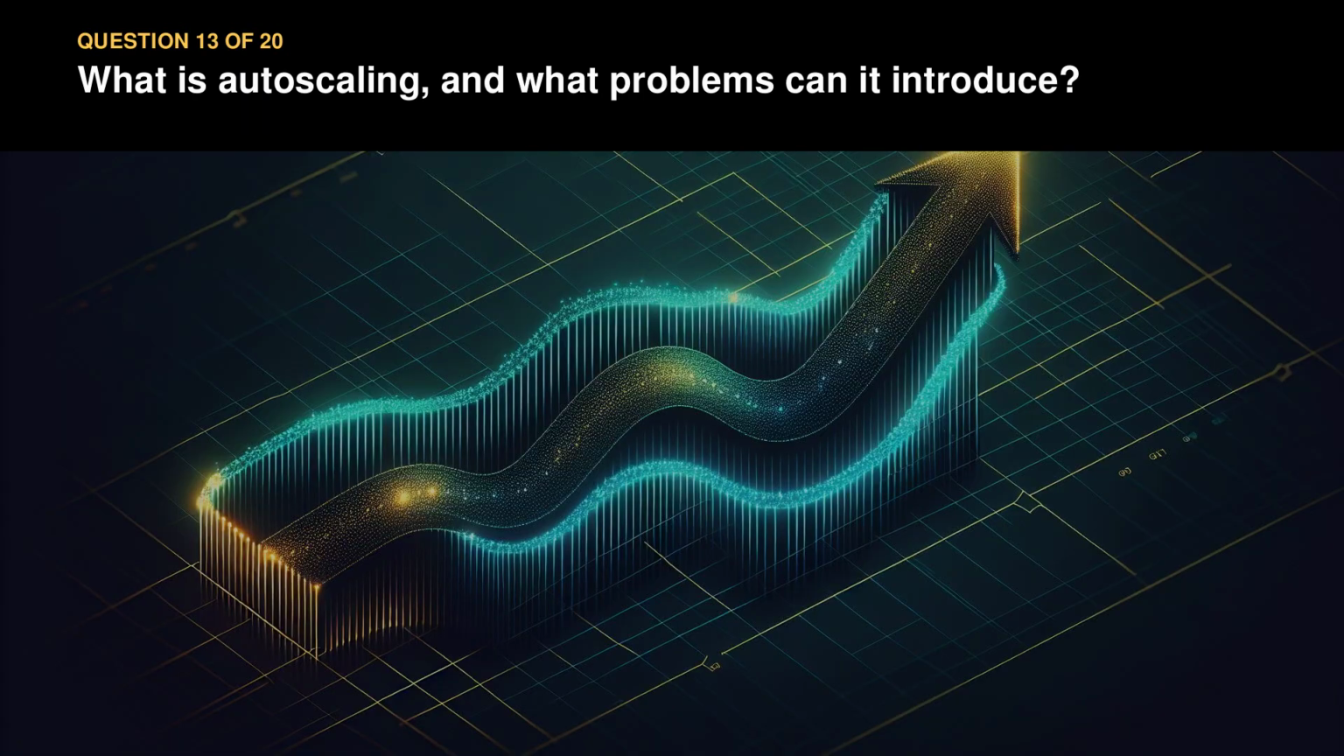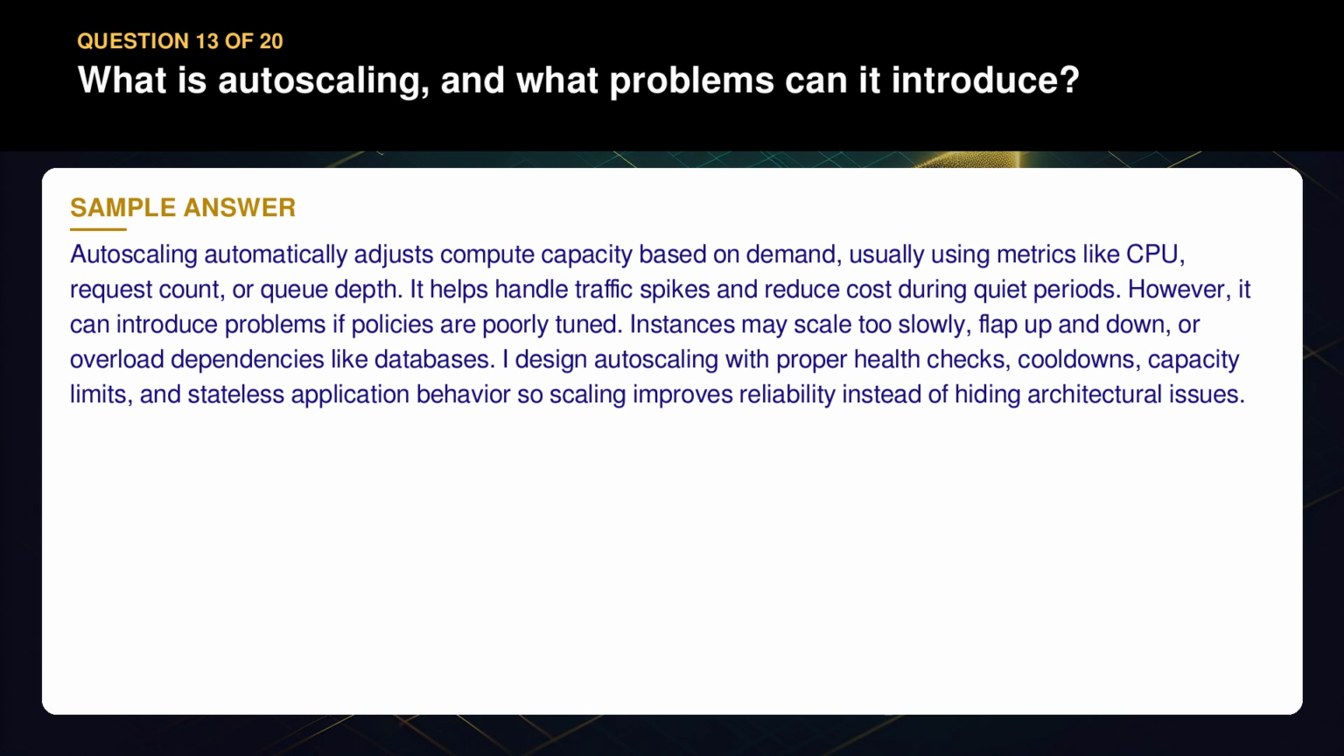Question 13. What is autoscaling, and what problems can it introduce? Autoscaling automatically adjusts compute capacity based on demand, usually using metrics like CPU, request count, or queue depth. It helps handle traffic spikes and reduce costs during quiet periods. However, it can introduce problems if policies are poorly tuned. Instances may scale too slowly, flap up and down, or overload dependencies like databases. I design autoscaling with proper health checks, cooldowns, capacity limits, and stateless application behavior, so scaling improves reliability instead of